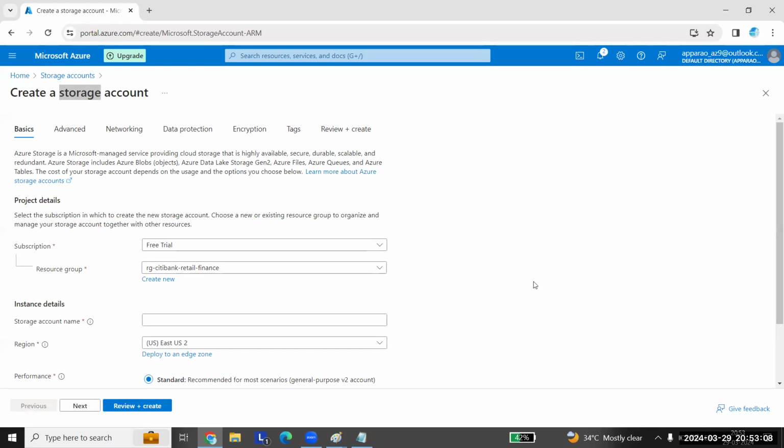Then as you are part of this project, which belongs to Citibank Retail Finance, you'll be able to see only those resource groups here, not the other ones. Okay. So remember, this is all placed based on the access to which you are tagged.